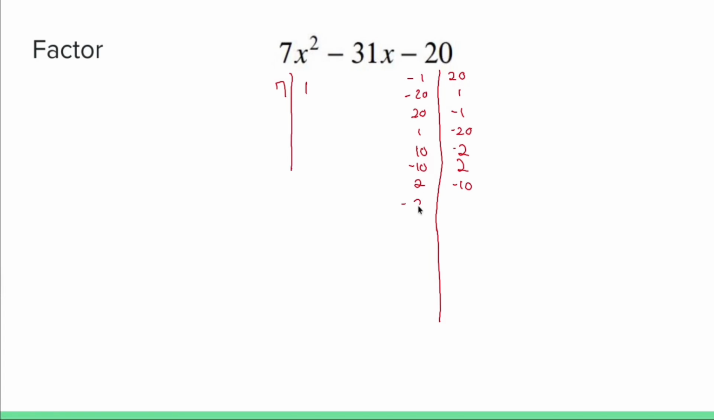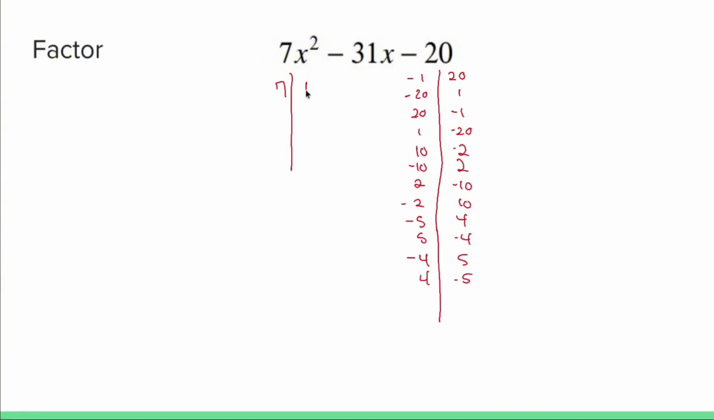What else? Negative 2 and 10. How about 5s and 4s? How about negative 5 and 4, positive 5 and negative 4? How about negative 4 and 5, 4 and negative 5? Now what we're going to do is we're going to try to come up with a system where we multiply